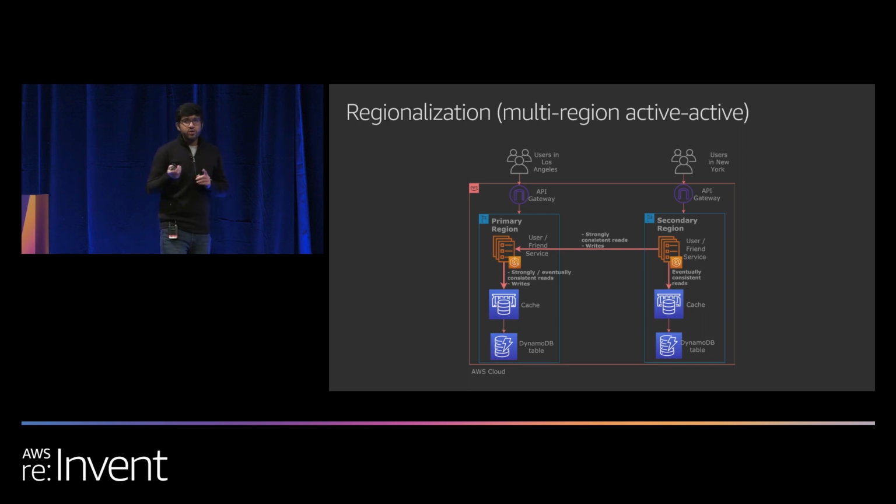So in the read local strategy, that's what I mentioned, but in practice, the way we handle reads is a bit more nuanced. We have eventually consistent reads handled by the local region. So this would be either the primary region or second region, whichever is closest to you. But all strongly consistent reads as well as writes are forwarded to our primary region. So this helps us deal with any consistency issues that come up with the async replication to our secondary regions. So that's kind of how we deal with it.